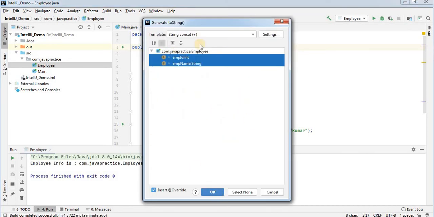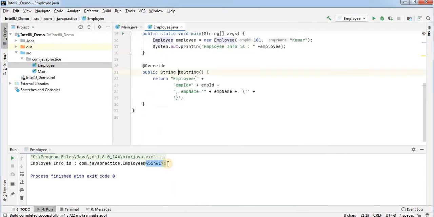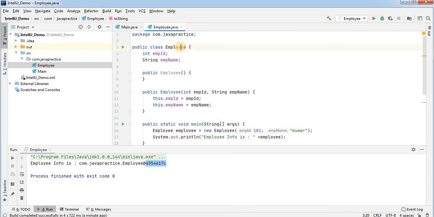Then you will find a pop-up window appear in front of you where both the variables, employee ID and employee name, are selected by default. You just click on OK. Once you click on OK, you will find that the toString method is generated for this Employee class.